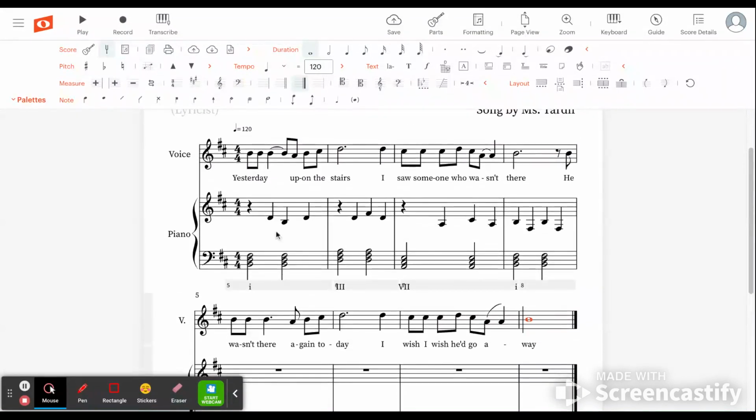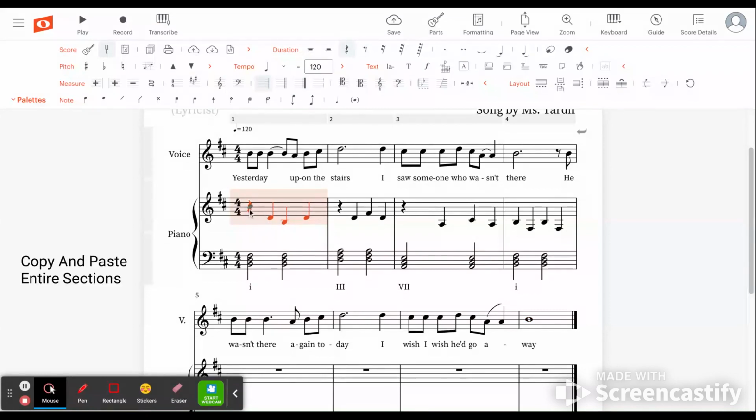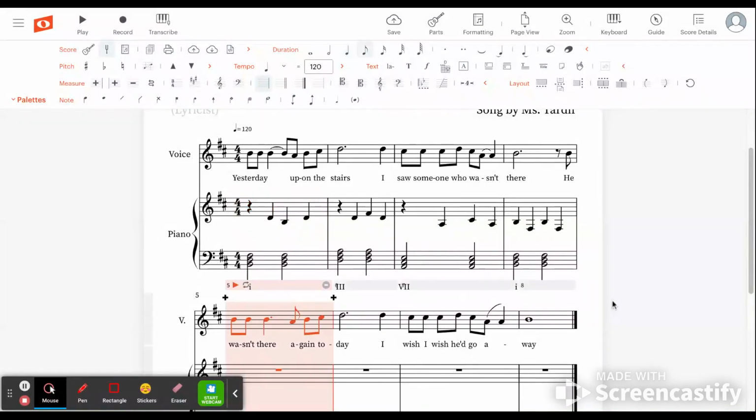I'm just going to copy and paste this accompaniment. We might change some things. So that's kind of nice. You can just select anywhere. Don't click where it's telling you. Wait, let me do that again. If I click on a note, it's just going to select that note, and then it's going to change that. So we don't want to do that. If you want to select this whole accompaniment part, you just click somewhere that's not a note, and then